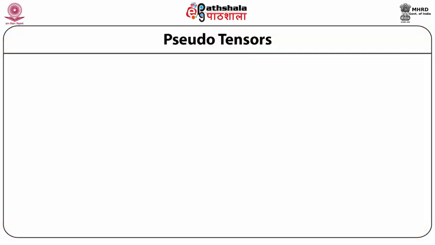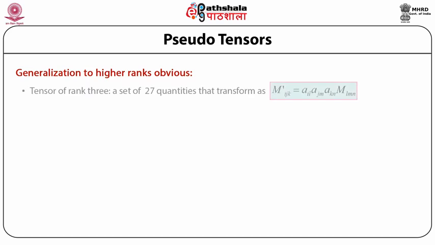Pseudo tensors. Now let us do the generalization of the definitions that we have discussed above of the tensors to higher ranks. So let us now define a tensor of rank 3. If we take a tensor of rank 3, and we do a transformation from the unprimed coordinate system to the primed coordinate system, then the transformation coefficients will be a total of 27 quantities, and this can be defined as, let's say M is the quantity which is transforming from the unprimed to the primed coordinate system,